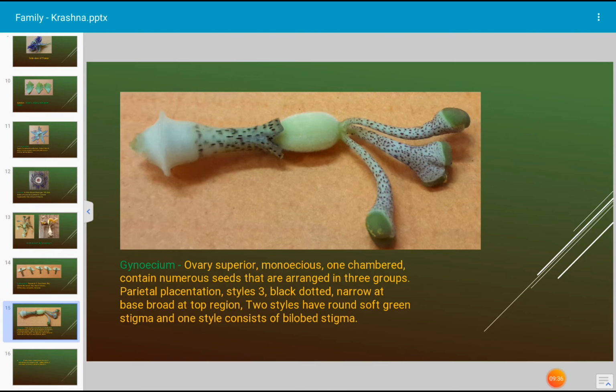Okay, and there are 3 separate styles: black dotted, narrow at the base and broad at the top region. Each style is like that. 2 styles have a round, soft green stigma as shown in the photograph, and 1 style consists of a bilobed stigma. This is a very specific and characteristic feature of Passiflora incarnata, which is an important characteristic for identification of the plant. Next,